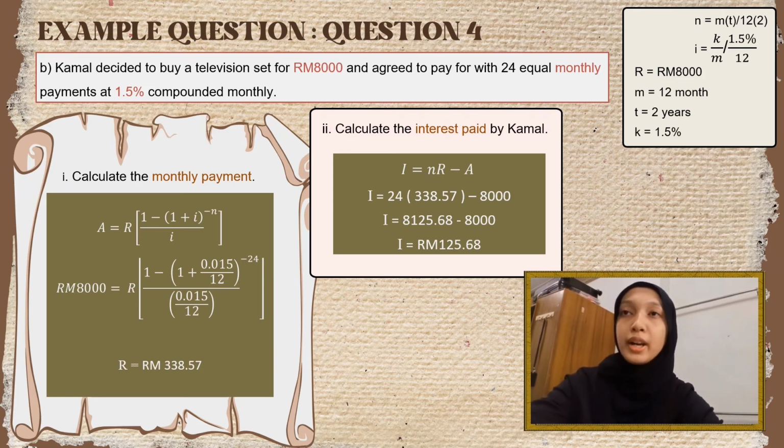The question is, calculate the interest paid by Kamal. So we want to find I. Then we can use this formula I = nR − A. Then the calculation is 24 × (338.57) minus 8,000. The final answer is